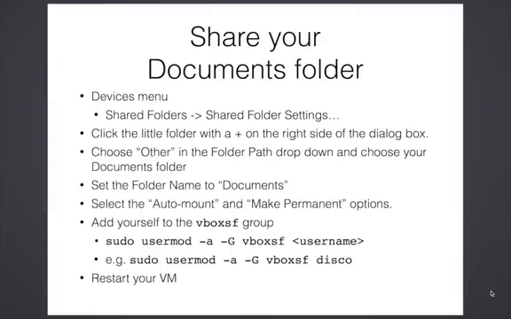You'll see when you choose the documents folder, it should automatically set the folder name to documents. If it doesn't, you'll want to put that in there, and then make sure the auto mount and make permanent options are selected. Then you'll save those settings, and open a terminal window and add yourself to the new group that has been created, the vboxsf group. There's the command to do that. I'll demo that as well, and then in theory, based on the documentation, that should mount the